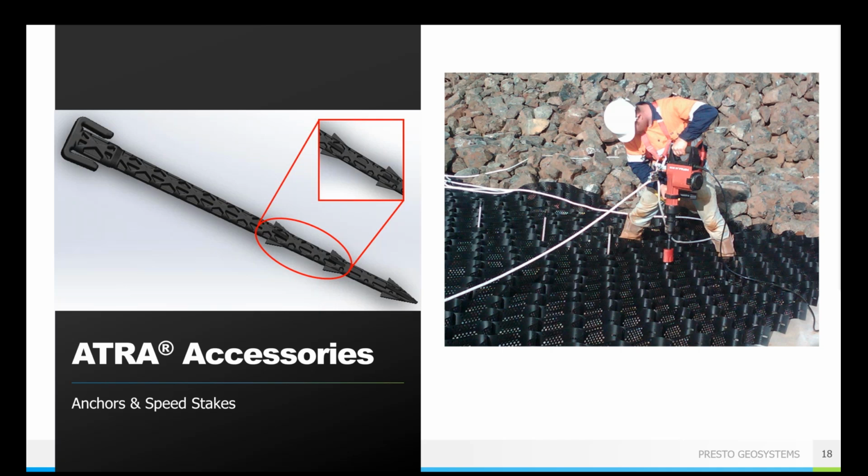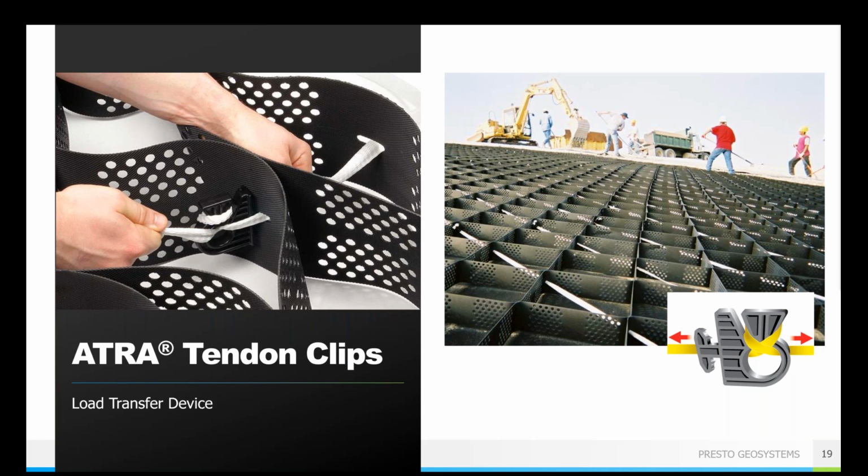So stake anchorage is your first option, but if you do have steeper slopes, you can go with what we call our tendon option. This is also good if you are trying to protect something like a geomembrane liner, something that you don't want to puncture with stakes, because that sort of defeats the purpose of a geomembrane liner. You can lay the GeoWeb panels on top of that or on top of your slope, and then run tendons through and have them tied off to crest anchorage. So the tendons would be those white strips that you see going through the right-hand photo there.